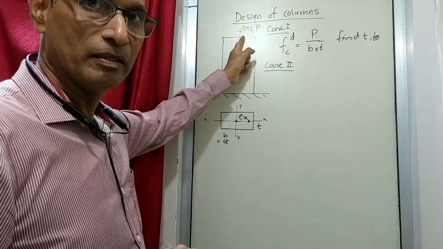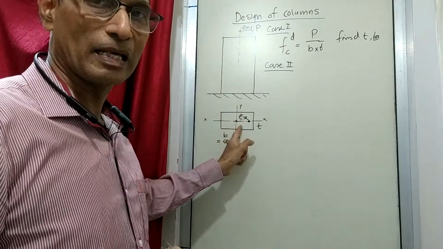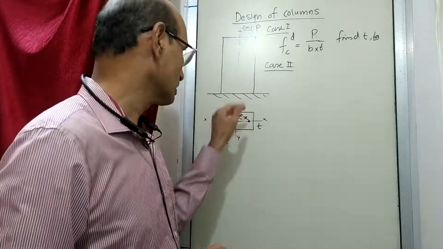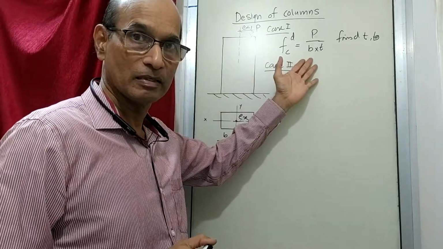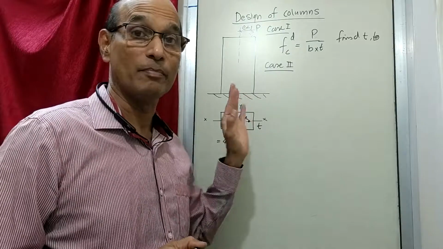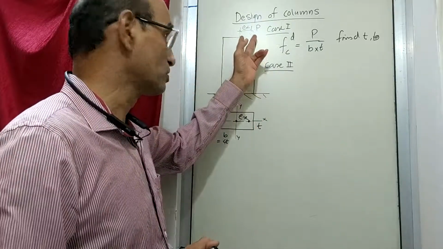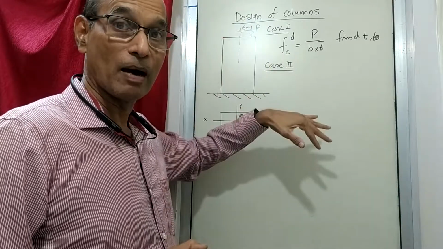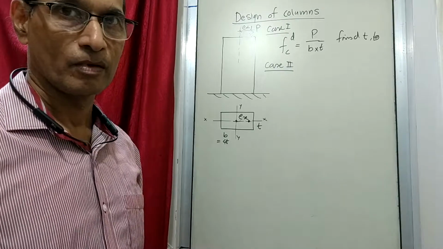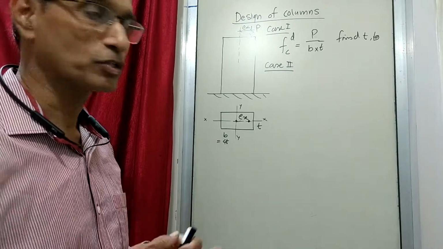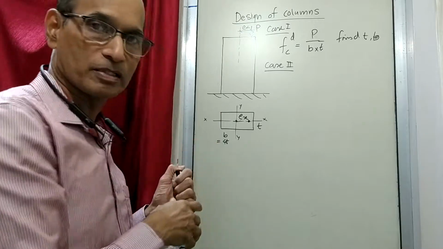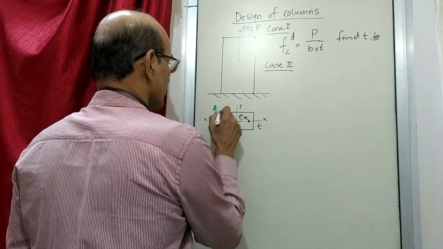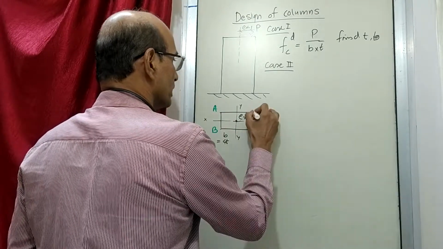Because of this load P, which is at a certain distance Ex from the neutral axis, this load will cause a direct stress, same as before, and in addition to direct stress, it will cause a bending stress. That bending stress will be equal to the moment, which is P into X, divided by the section modulus. What kind of bending stress will there be at each point on this particular section? Let me first put some names. Let me call this point A, this point B, this C and this D.